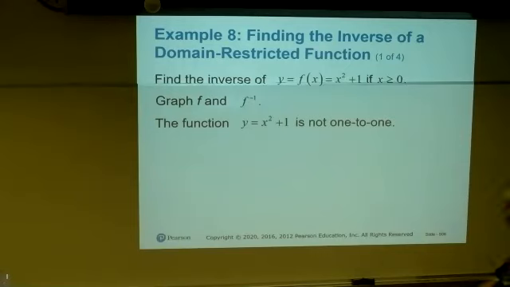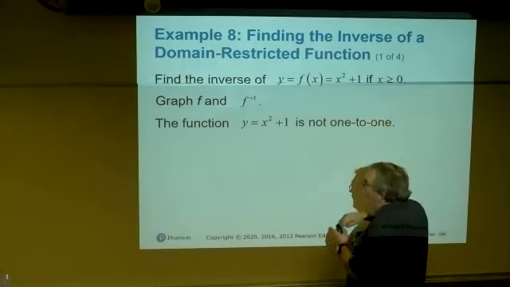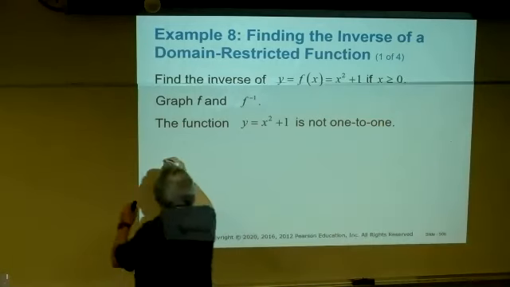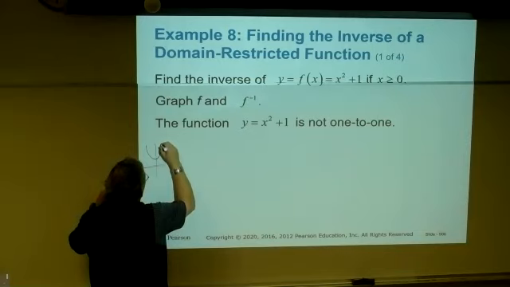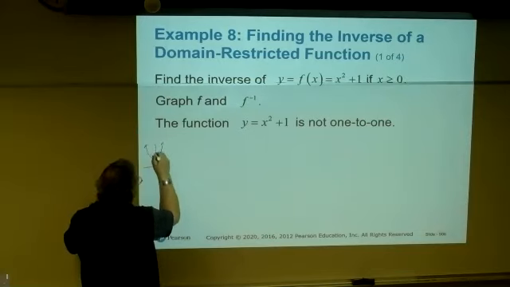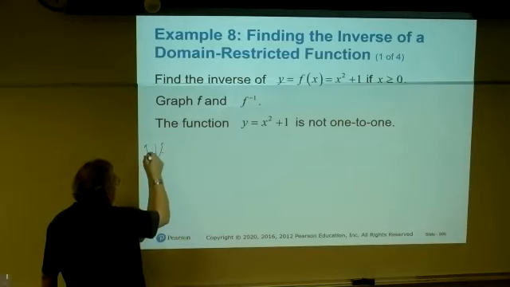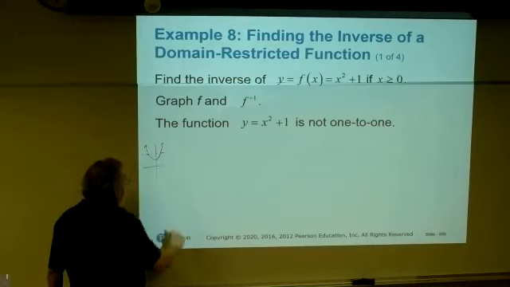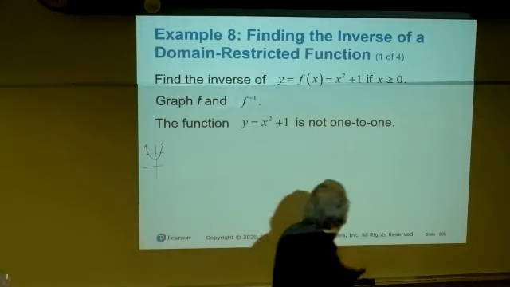Because x squared plus 1 is not one-to-one. X squared plus 1 looks like this, which is not one-to-one because any horizontal line I draw through it hits it in two places. But since my domain is restricted,